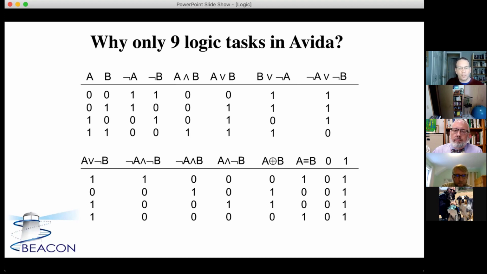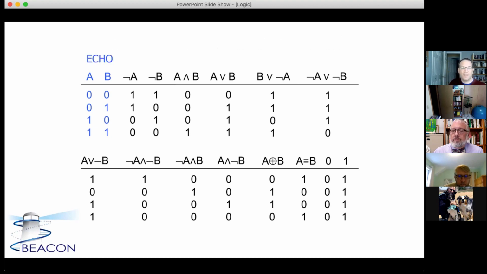So if we look at the very start, A and B, you are basically just repeating what you've been given. You're not doing any sort of computation. You're not doing any sort of comparison. You're just repeating back what we told you. So if they get a number that's 11001 and the response is 11001, they didn't actually do any logic. They just repeated something back. This task is technically referred to as echo.